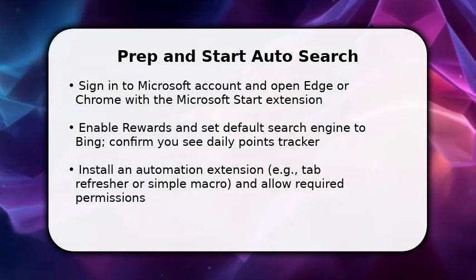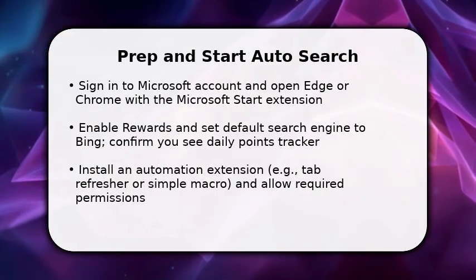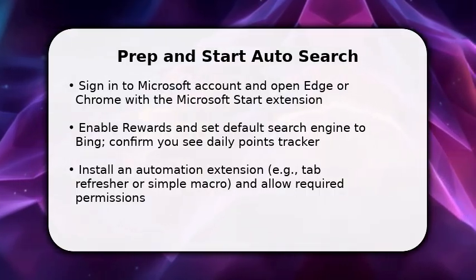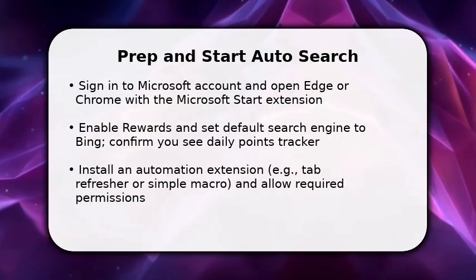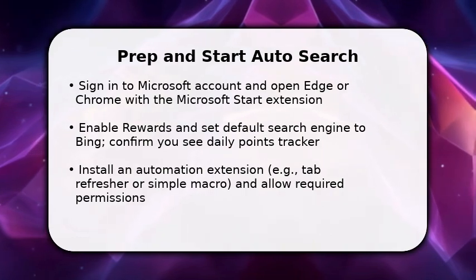Next, install a lightweight automation extension. This is the tool that will execute repeated searches for you. Allow only the minimal permissions it needs. This keeps things safe. Once done, position the extension icon on the toolbar so you can access settings quickly and